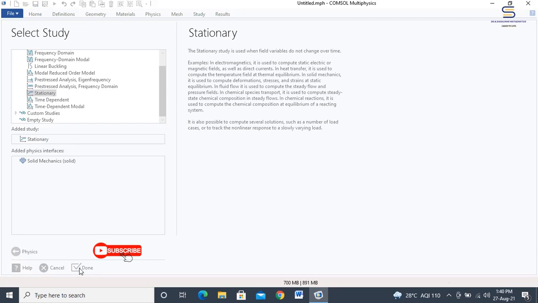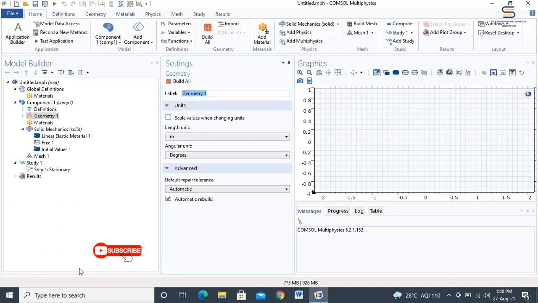Now a setup will be available where you will be able to see the different types of model builder options, followed by the settings window for the geometry and a graphics window as a graphical user interface which can be navigated in the stroboscopic space. Primarily, we will be dealing with a study in which a particular polygon is being made out of a structure created through the geometry procedures inside the COMSOL multiphysics.